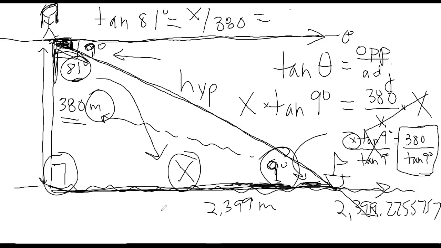So we could say now that the tangent of 81 times this 380, if we multiply by 380 on both sides, times tangent of 81, that equals x. And if I do that, 380 times parentheses 81 tangent equals, I get